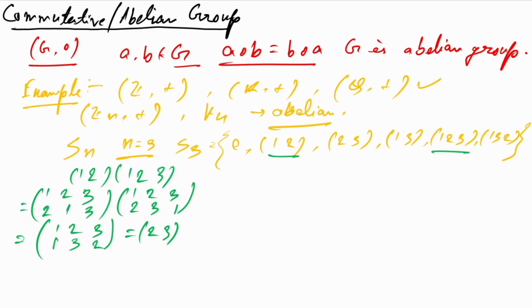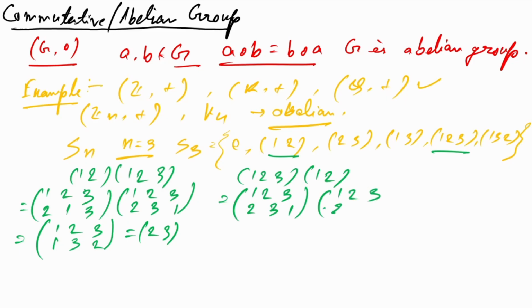Now we replace their positions. So (1 2 3)(1 2). That is equal to (1 2 3 / 2 3 1)(1 2 3 / 2 1 3). Then what will happen? 1 goes to 2, 2 goes to 3, 3. 2 goes to 1, 1 goes to 2, 2. 3 goes to 3, 3 goes to 1, 1. So this is equal to (1 3). See, the products are different. So S3 is